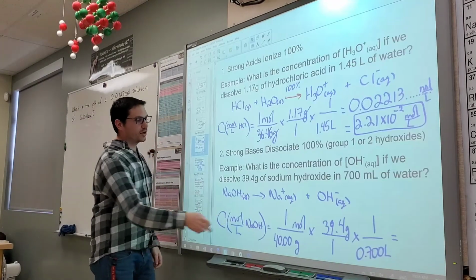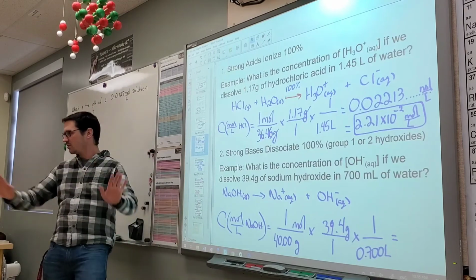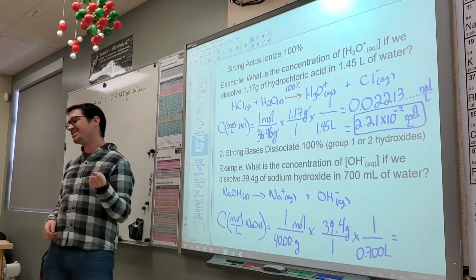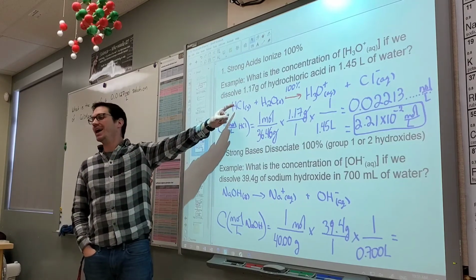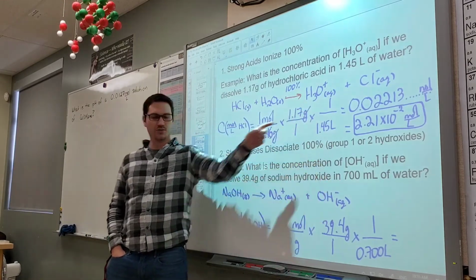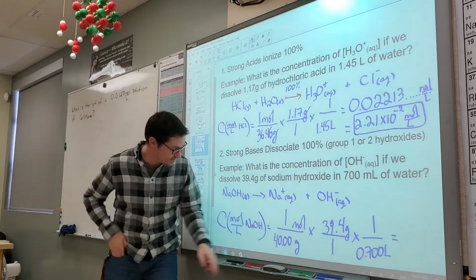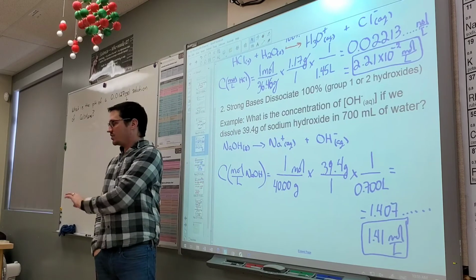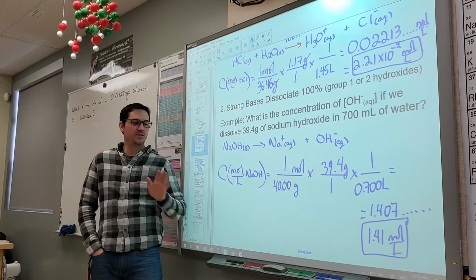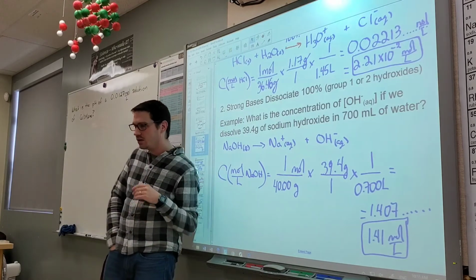So anyways, I'm not going to go through all that because the notes are online. You can work through it. Also, most of this is a review of Chem 20. So, all strong acids 100% turn into hydronium. All strong bases, every single strong base is an ionic hydroxide, and we assume it completely dissociates, okay?